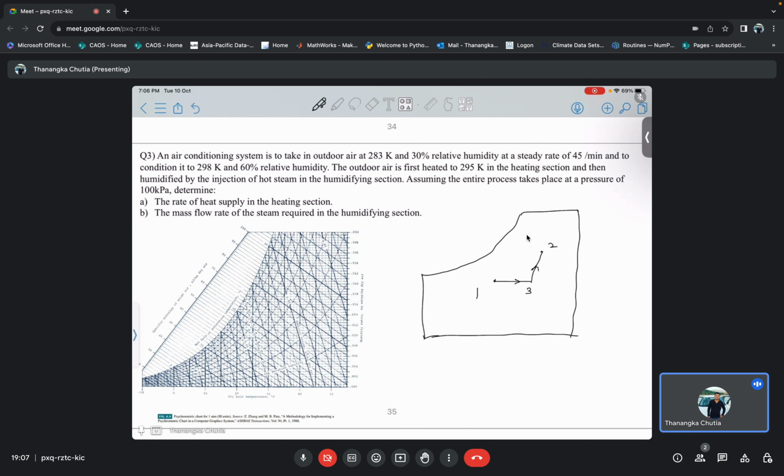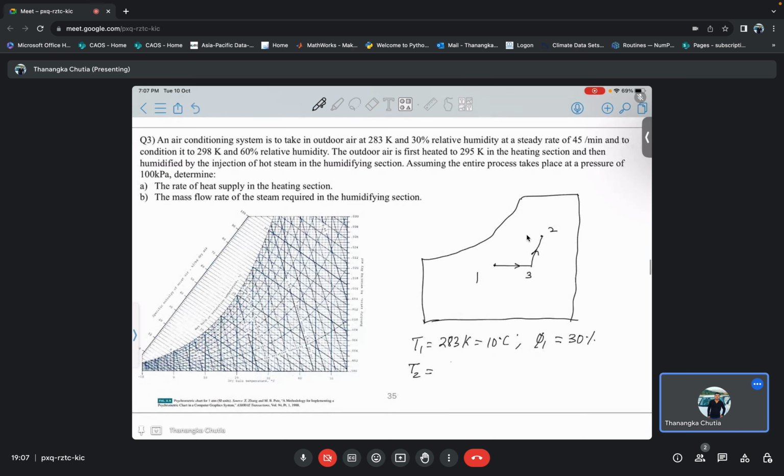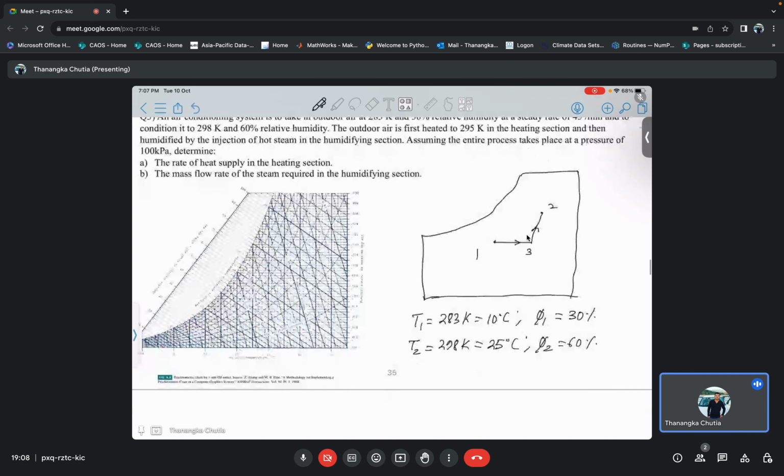So what is given: T1 is equal to 283 Kelvin, which I can write as 10 degrees Celsius, and my phi 1 is given as 30%. T2 is given as 298 Kelvin, which I can write as 25 degrees Celsius, and my phi 2 is given as 60%. T3 is given as 295 Kelvin, which I can write as 22 degrees Celsius. Okay, so from the psychrometric chart,